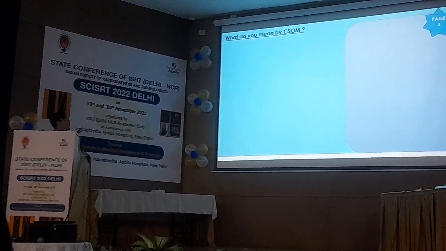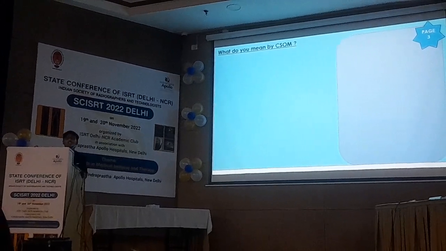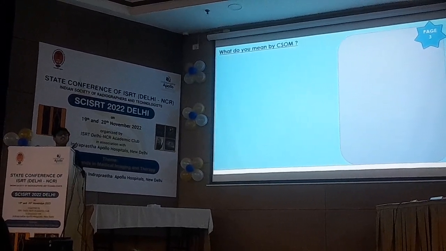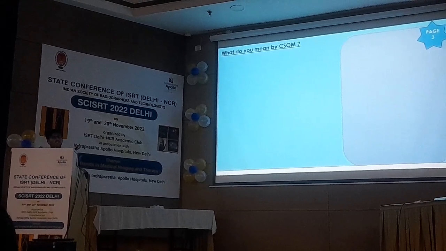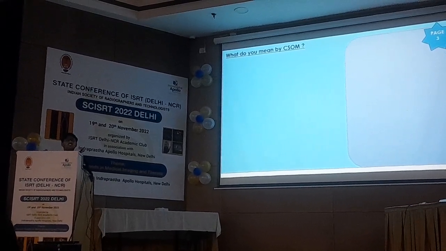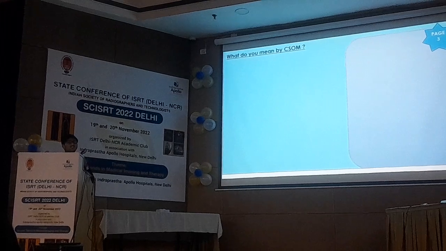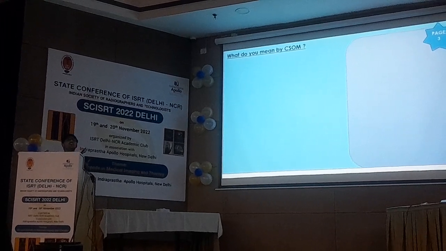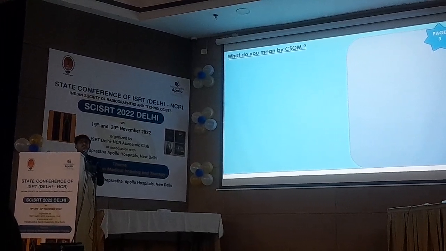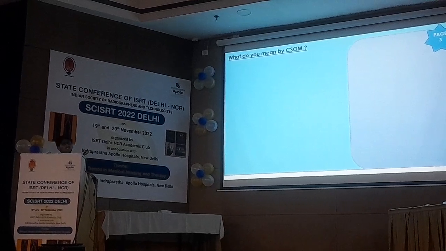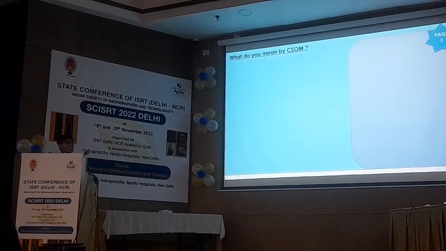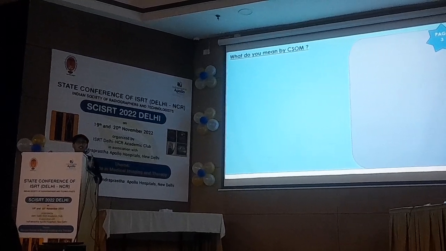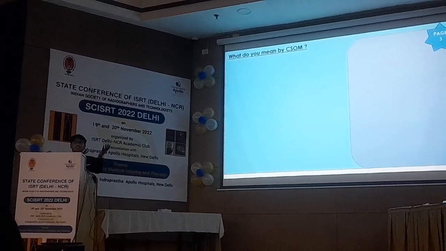And when we go for CSOM, so what is CSOM? CSOM is chronic suppurative otitis media, which is a progressive stage of acute otitis media, which is like an ear infection. So this is how it is caused. It is caused basically by a long-standing upper respiratory tract infection, bloodborne, or any other, like congenital also. You can take if a patient is in unhygienic condition,